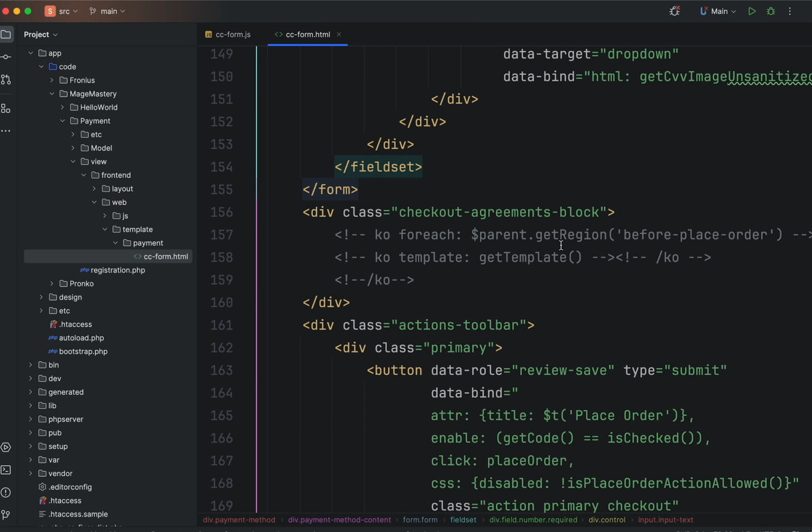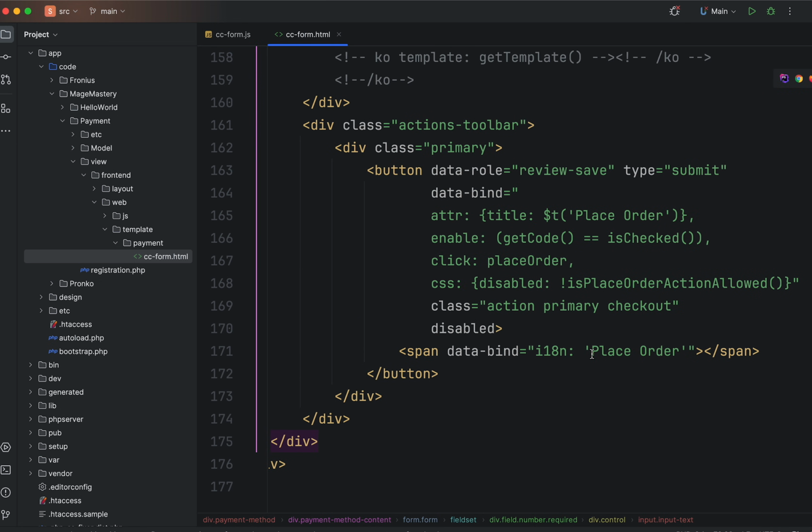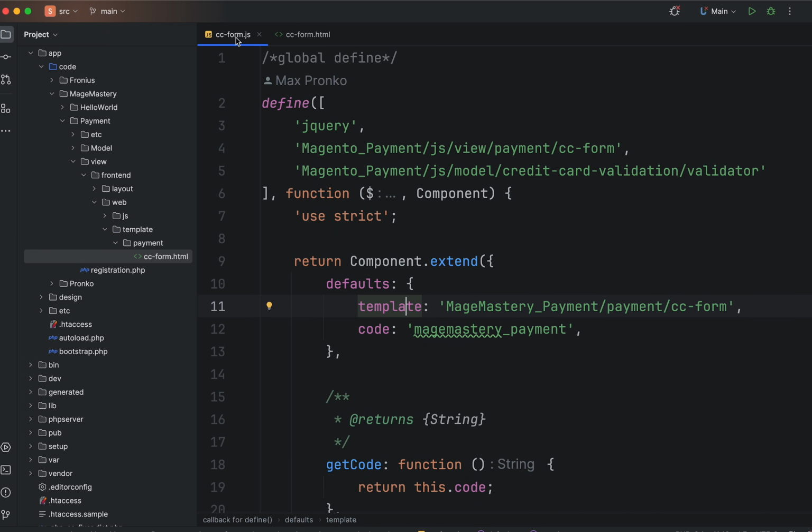And at the end, we also have a button place order with additional logic that refers to our custom CC-form.js UI component plus all the logic and functions that are defined inside Magento payment.js view